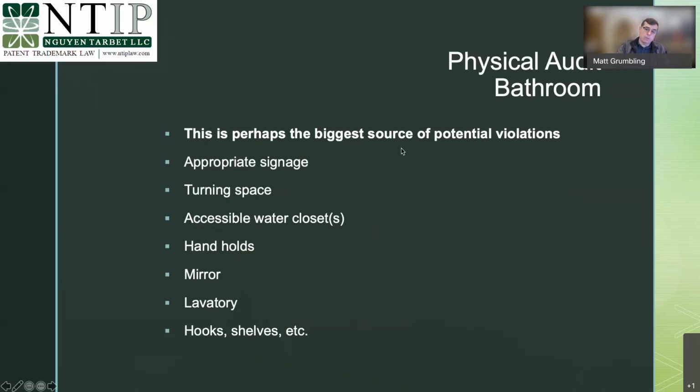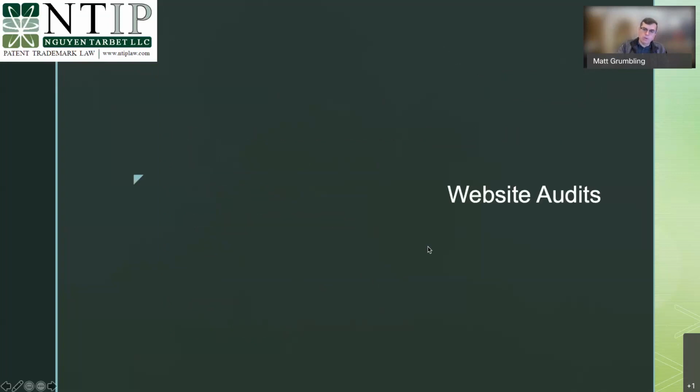DOJ might come out and do a full audit and find that all these things are off, and then you've got a real problem on your hands. So it's better for you to do the audit yourself beforehand, and things just get more expensive the longer you wait to do them. So website audits are a relatively new thing,